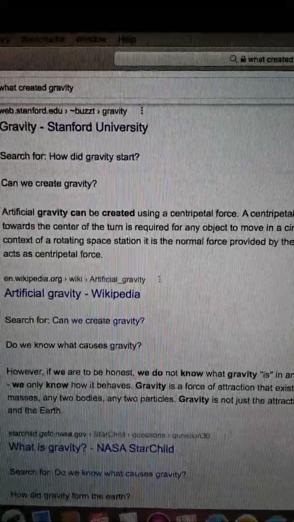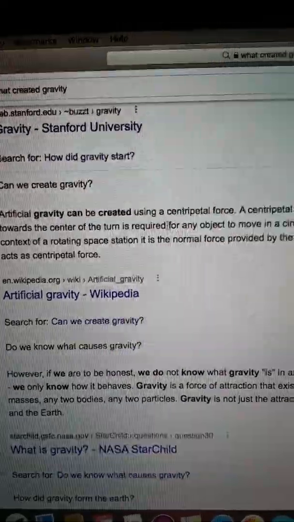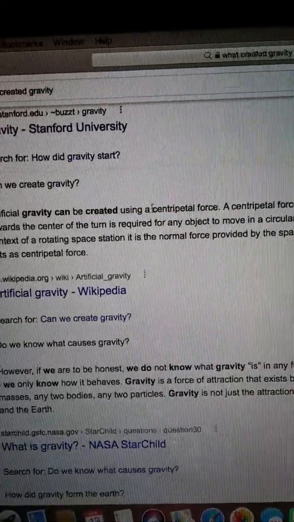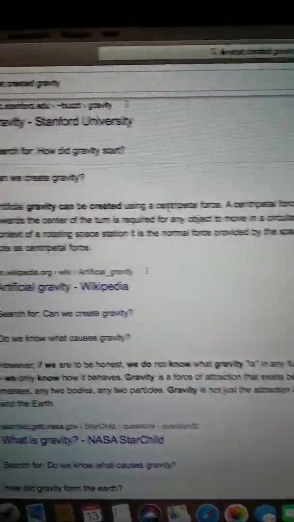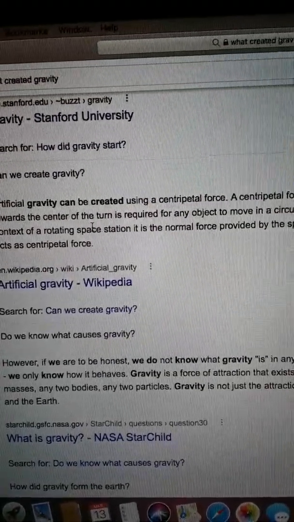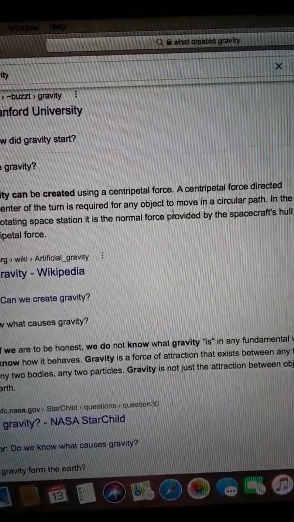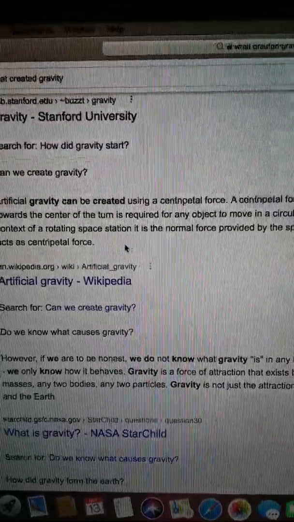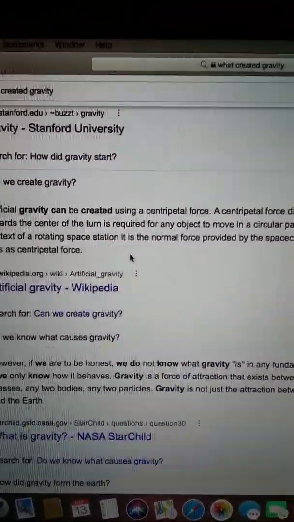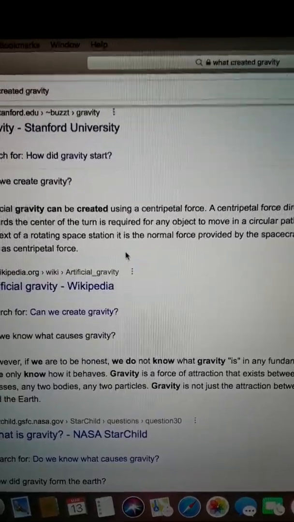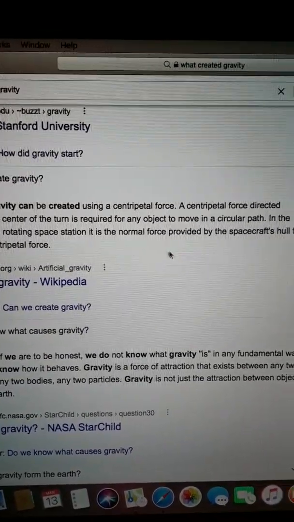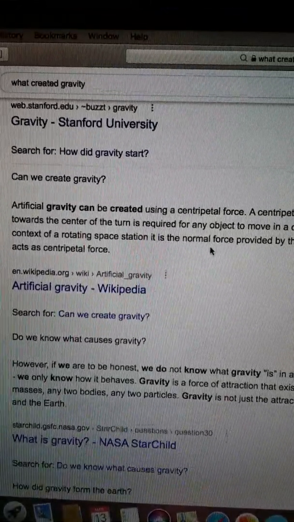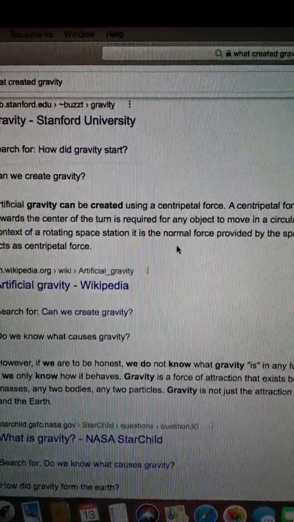Please don't bring up artificial gravity can be created. If they could create it, they could study it using a centripetal force. A centripetal force directed towards the center of the turn is required for any object to move in a circular path. In the context of a rotating space, you see, these are like thought ideas. They can't demonstrate this. Everything they say here, and by a spacecraft's hull that acts as centripetal force, these scumbags